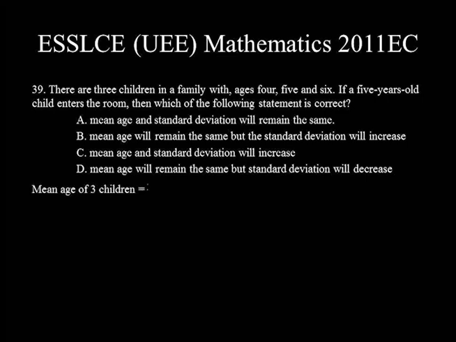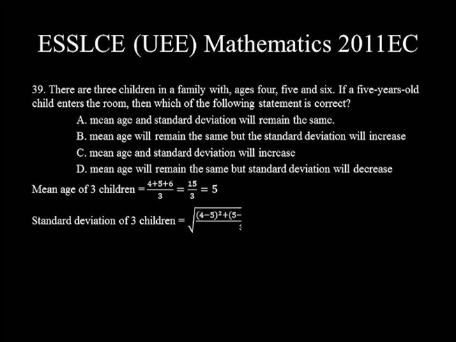So the mean age of the 3 children is equal to 4 plus 5 plus 6 divided by 3. 4 plus 5 is 9. 9 plus 6 is 15. 15 divided by 3 is 5. Standard deviation is equal to square root of age of the first child, that's 4, minus the mean age, that's 5, the whole square, plus age of the second child, that's 5, minus the mean age, again 5, the whole square, plus age of the third child, that's 6, minus the mean age, 5, the whole square, divided by the